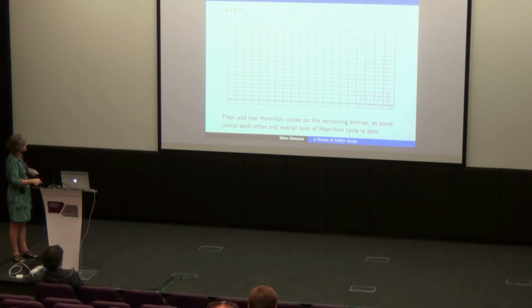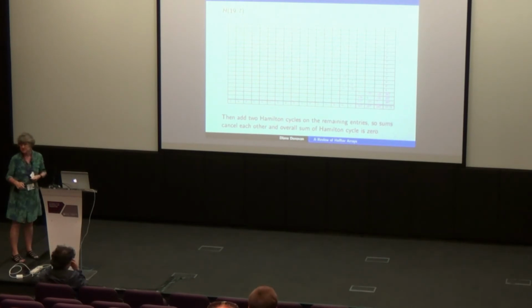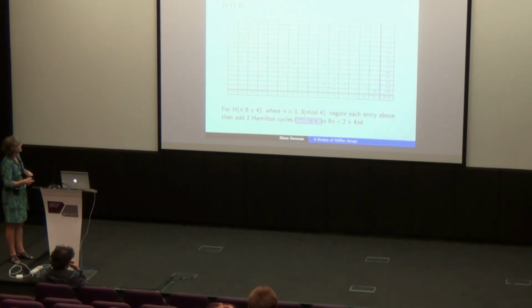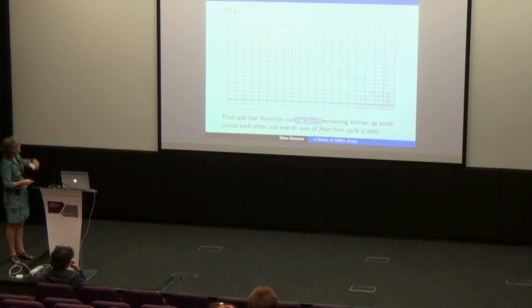What's important here is that the extra 4 diagonals we're adding are sort of giving us 2 Hamiltonian cycles which are cancelling each other out. All right, so essentially that takes care of the case when k is congruent to 3